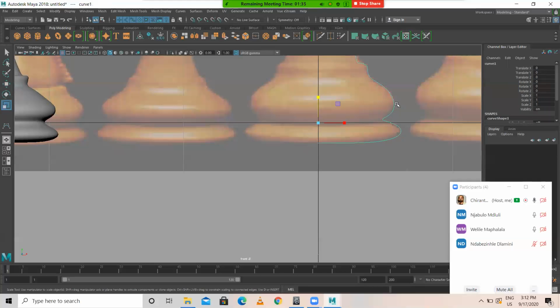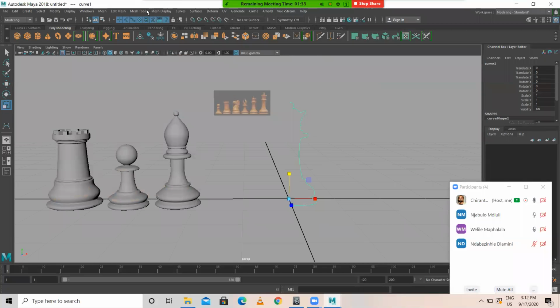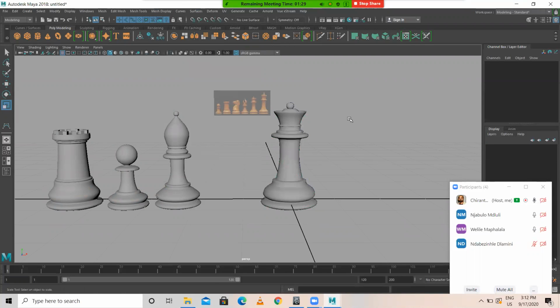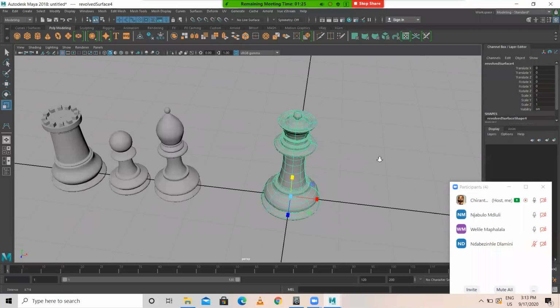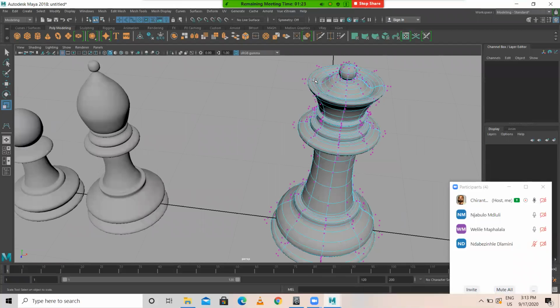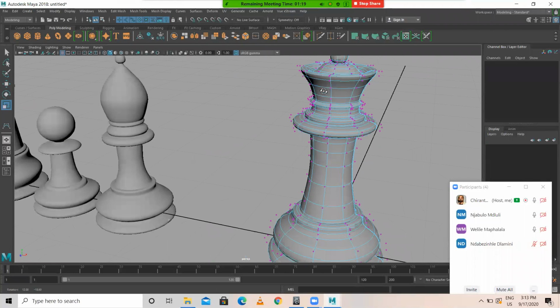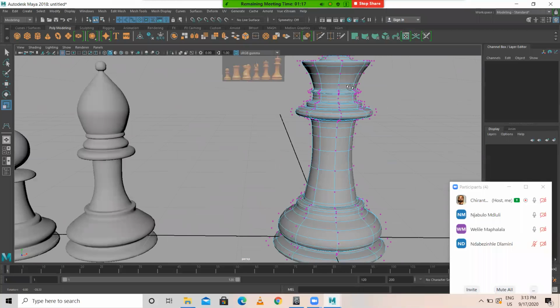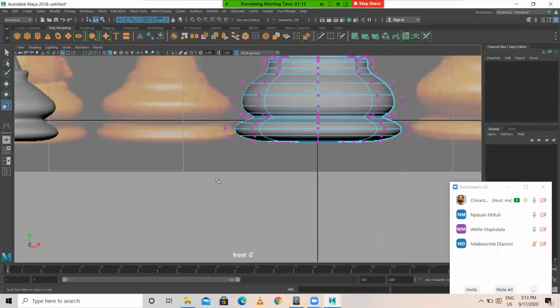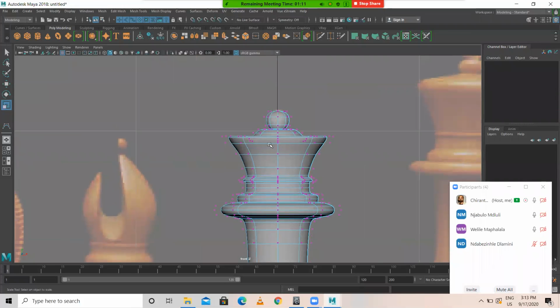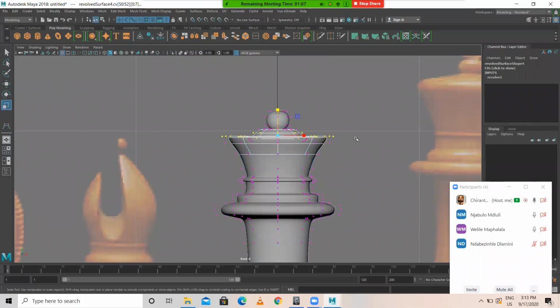So after this, select the curve, Surface, Revolve. See, and small detailing we have to do. We can do that as well. Go to control vertex. It's quite simple. You just need to select this.